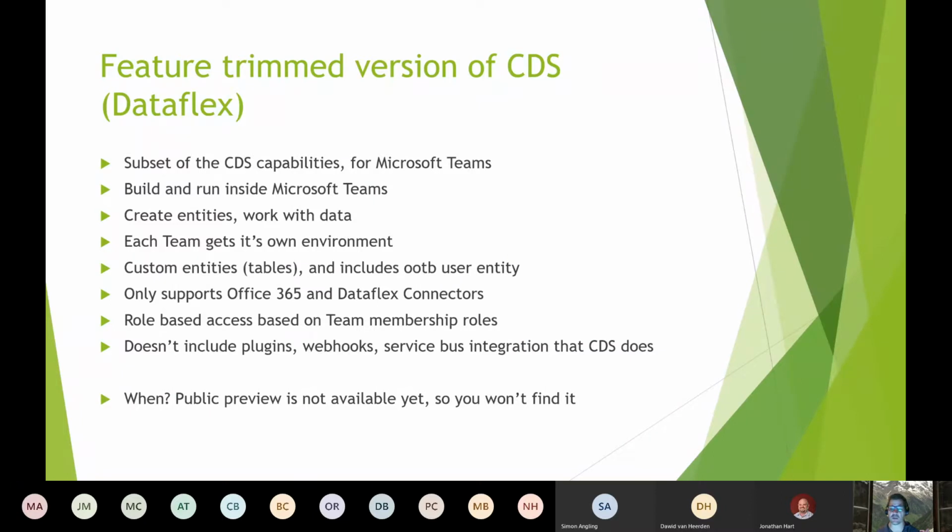In my mind, I always thought of it as, okay, we've got traditional CDS that we all know, and then we've got this new thing called, in my mind, CDS Lite, but the official branding was Dataflex Pro and Dataflex. But now it looks like those names might change again. But be that as it may, it doesn't really affect us too much, because it's really early days.